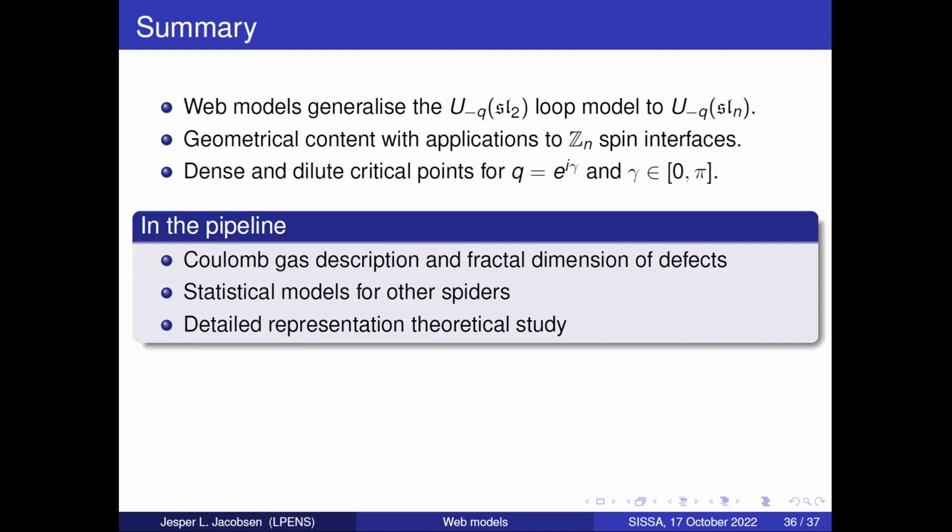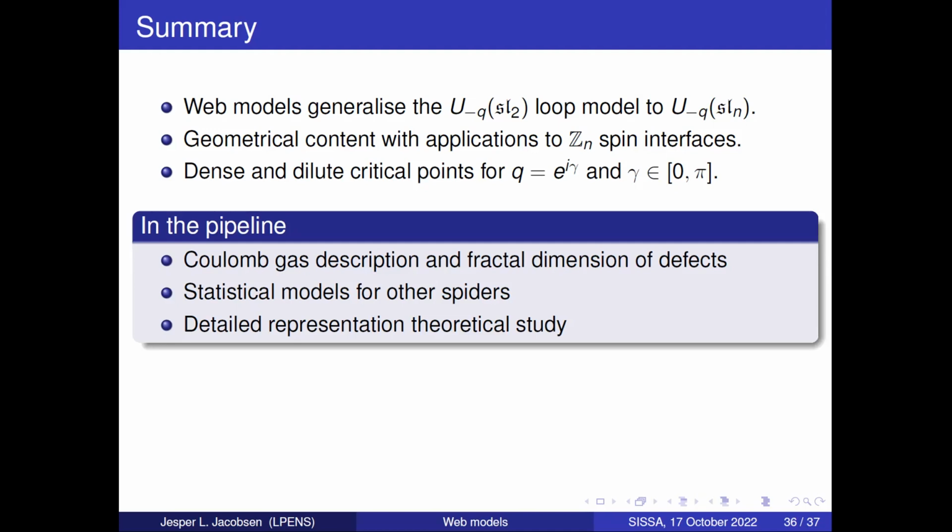the definition of the model, its basic properties, and this mapping to the height model, that's the object of two publications that are already out. The Coulomb gas description is written up and will reach you soon. We can also, in certain cases, say things about fractal dimensions of defects, but it's more involved than for the loop models. But in the Kuperberg paper, you will remember that I told you that this Kuperberg paper is about